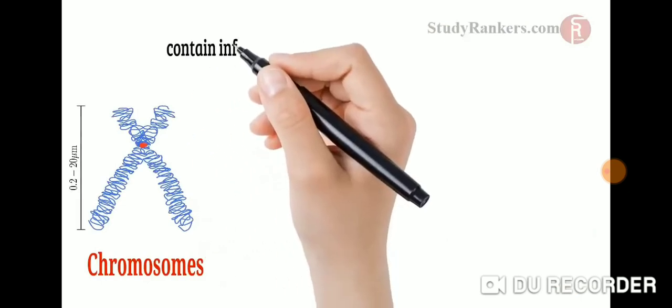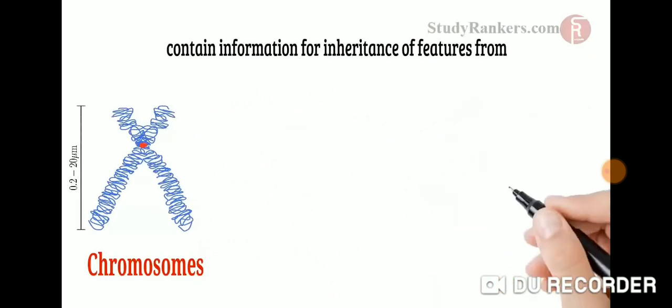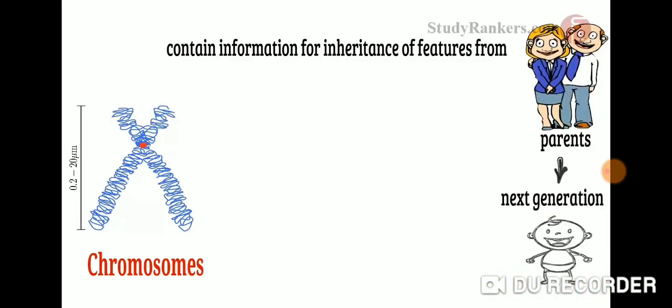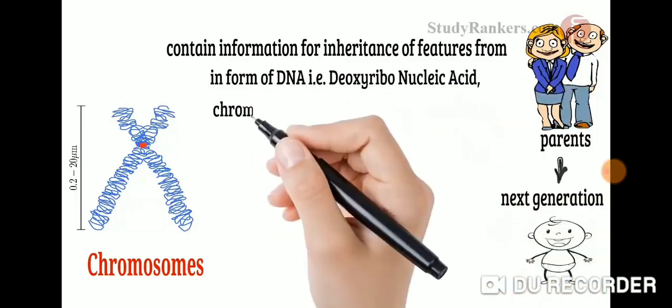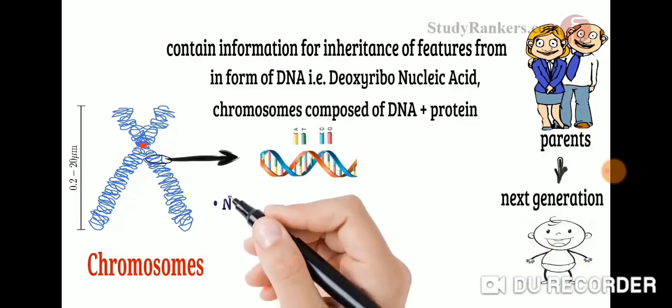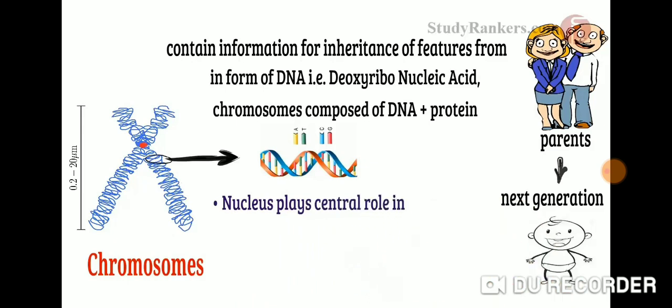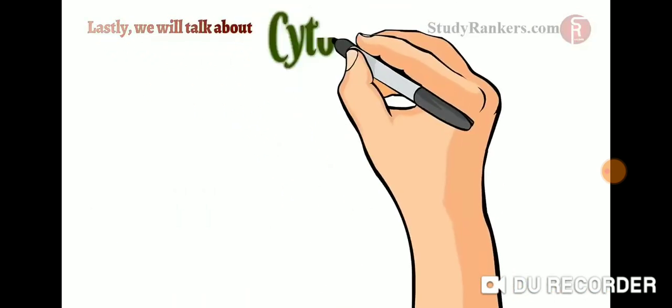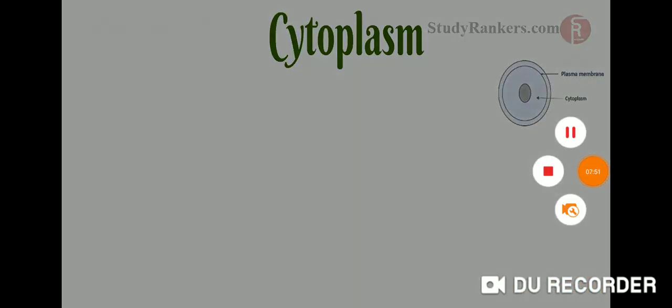Chromosomes contain information for inheritance of features from parents to the next generation in the form of DNA, deoxyribonucleic acid molecules. Chromosomes are composed of DNA and protein. Functionally, the nucleus plays a central role in cellular reproduction, and controls all the activities of the cell by determining and directing the chemical activities of the cell. Lastly, we will talk about cytoplasm. The cytoplasm is